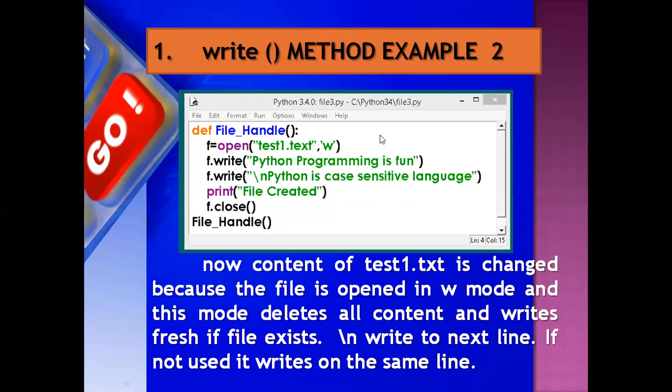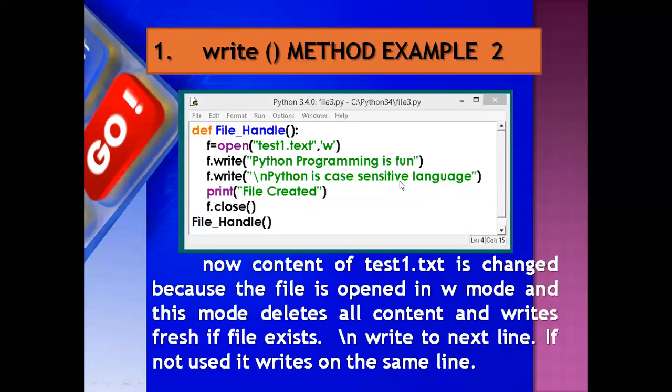See the example of the write method. def is a keyword here, and you can give the function name here, followed by a colon. This is an object: file name equals open, this is the opening of a file, test1.txt, a text file, comma, w means write mode. Here, object name dot write, this line will be written in the file. Now again I am writing with this: object name dot write, this is the previous content. Now again I am writing this.